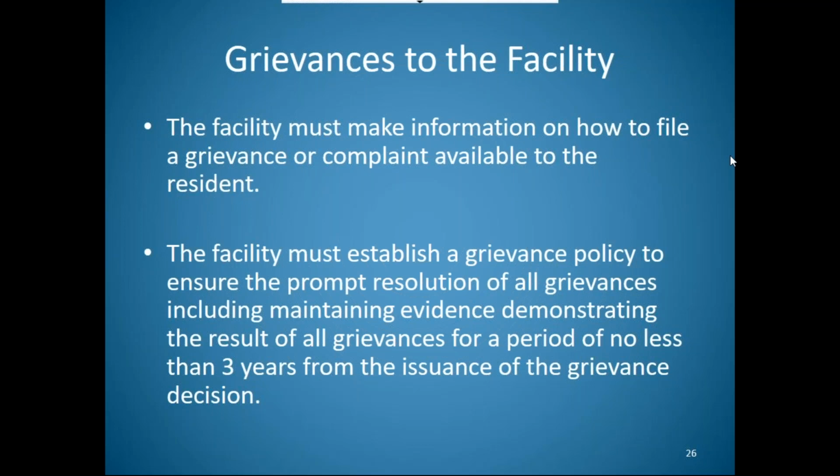So it's very important that even every tiny little thing that comes in should be written up. It doesn't have to be a great big thorough report, but it needs to at least have what was reported, what you did to try and find it, and how you resolved it one way or the other. Those are the types of grievances that need some sort of documentation.